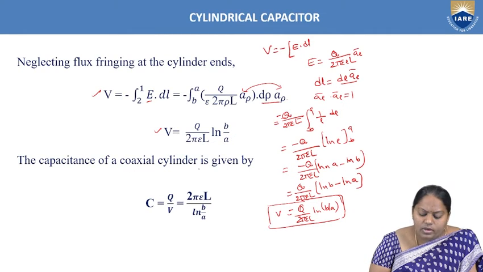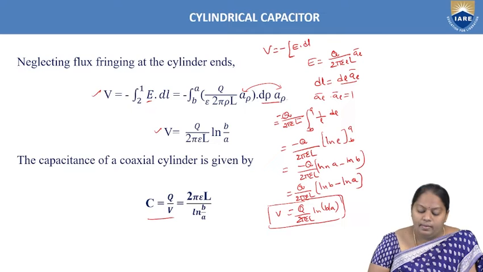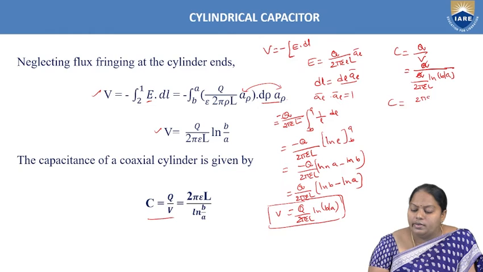Now the capacitance of the coaxial cylinder is given, according to the fundamental definition of capacitance, as C equal to Q by V. Now if we substitute V by this equation, C equals Q divided by Q by 2 pi epsilon L ln of B by A. Now the numerator Q and denominator Q get cancelled and C equals 2 pi epsilon L by ln of B by A,